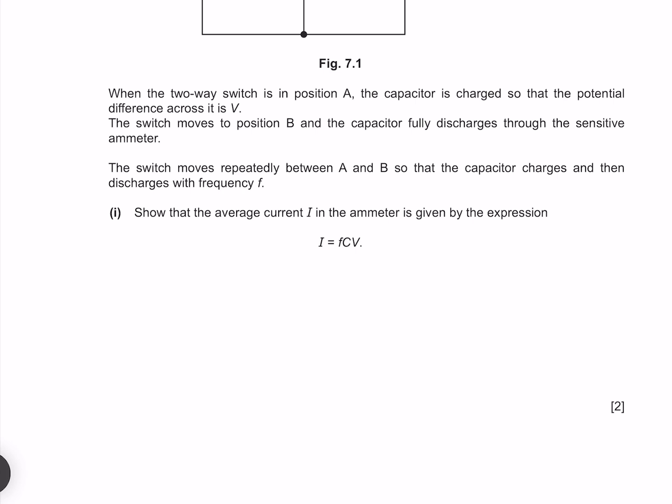The switch moves repeatedly between A and B, so that the capacitor charges, and then discharges with the frequency f. Show that the average current I in the ammeter is given by the expression I equals fCV. The equation for capacitance is charge over voltage, and current is charge over time. We can solve both of these for charge,